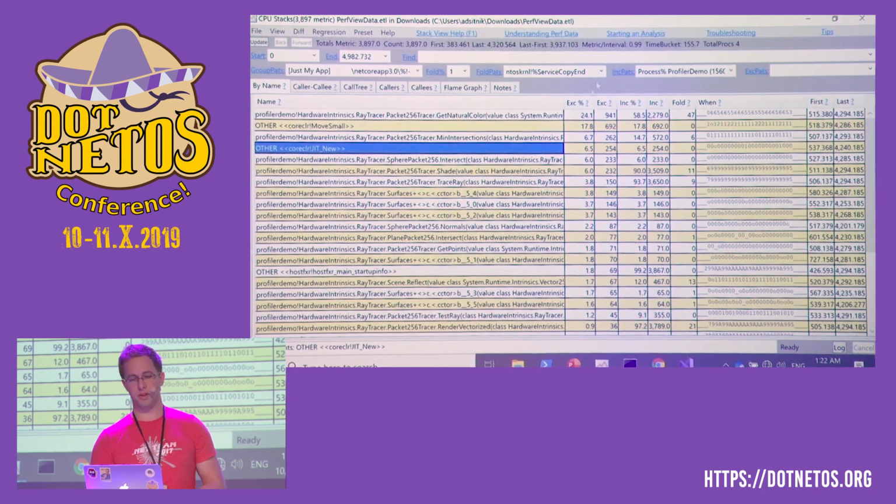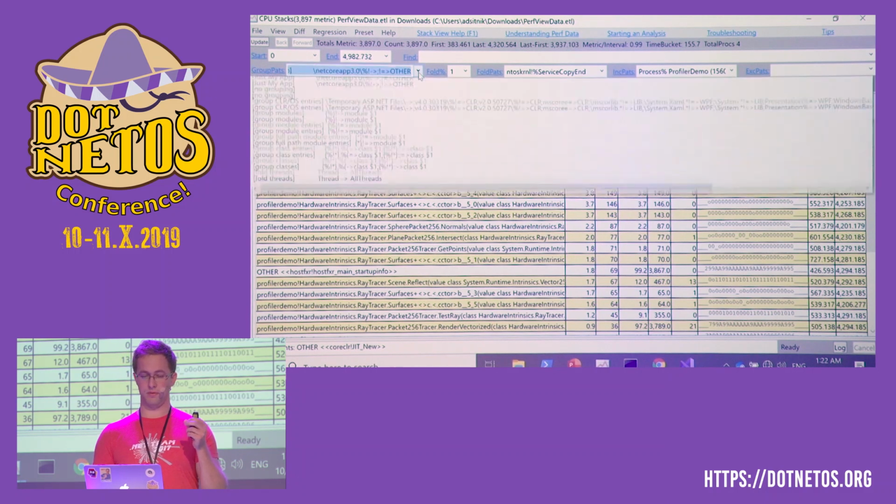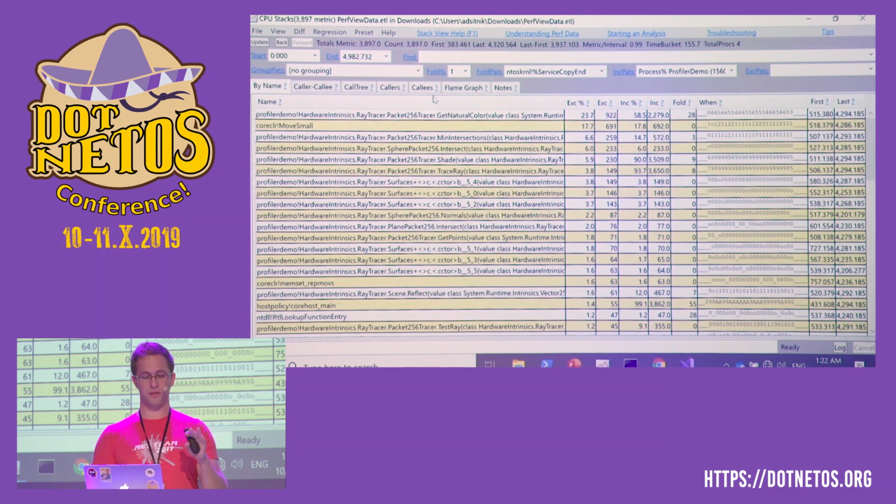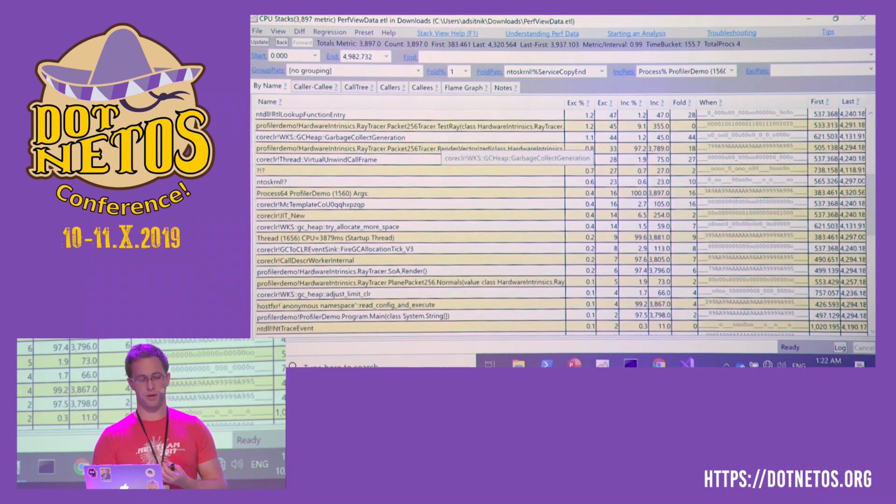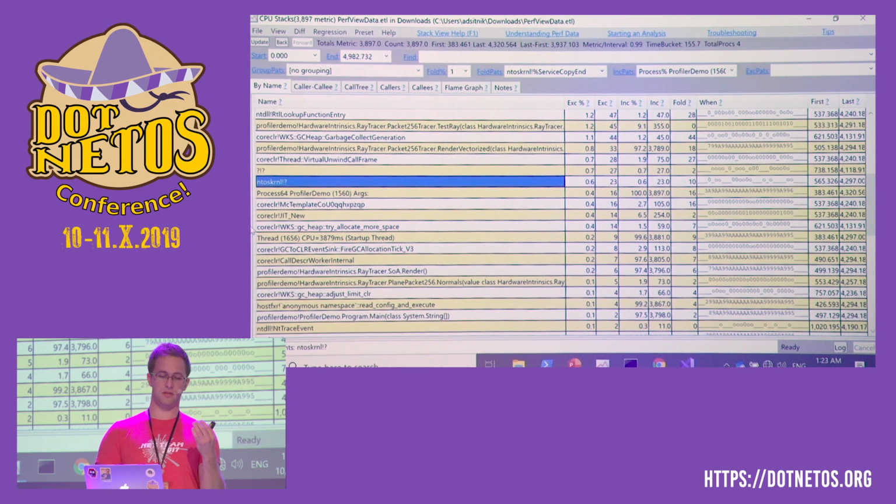However, I personally like to have a full detailed view, and the first thing that I typically do, I just disable the grouping. Over here, we can see something with an exclamation mark and a question mark. This is something that has unsolved symbols. And I've been practicing this demo before, so most of the methods are resolved. However, if you are going to do this for the first time on your machine, you are going to see this